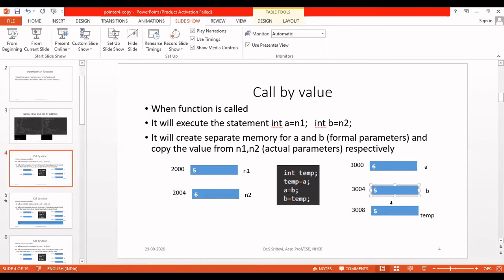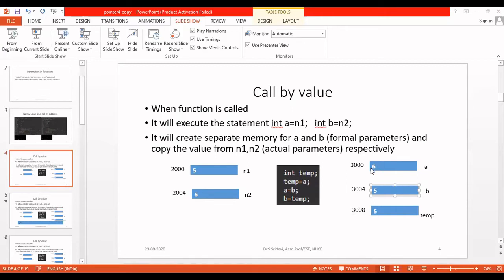Now you can see whatever changes I have done are reflected in a and b. a and b are known as formal parameters, and n1 and n2 are called actual parameters. So now the changes have been done in the formal parameters. For the formal parameters, we have created separate memory locations, and in those only we have done all the changes.